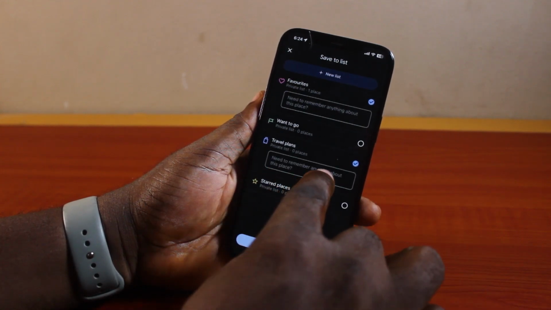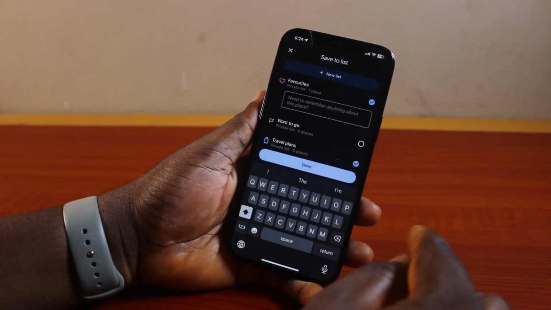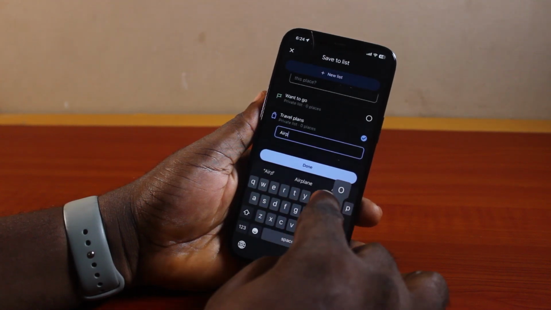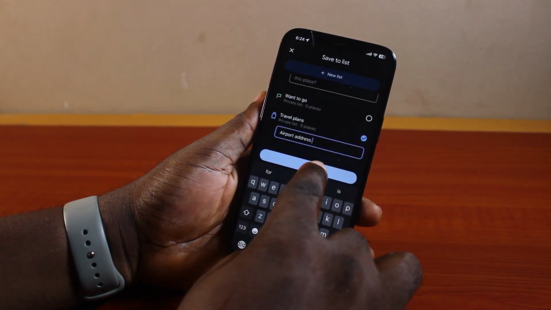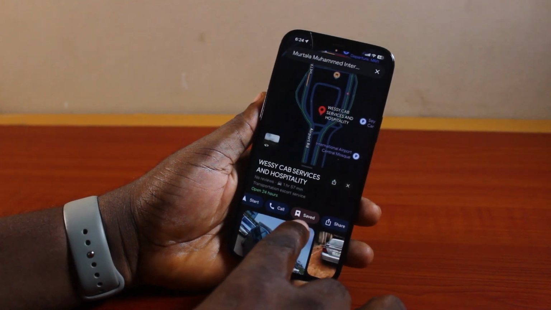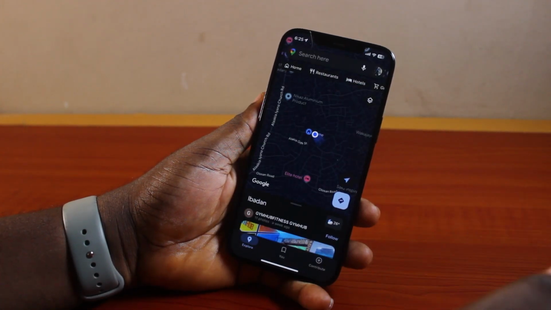If you need to remember anything about this place, just come here and type it. So I can just say airport address. Then click on done. Then you should see the saved location here. So that is basically how to save